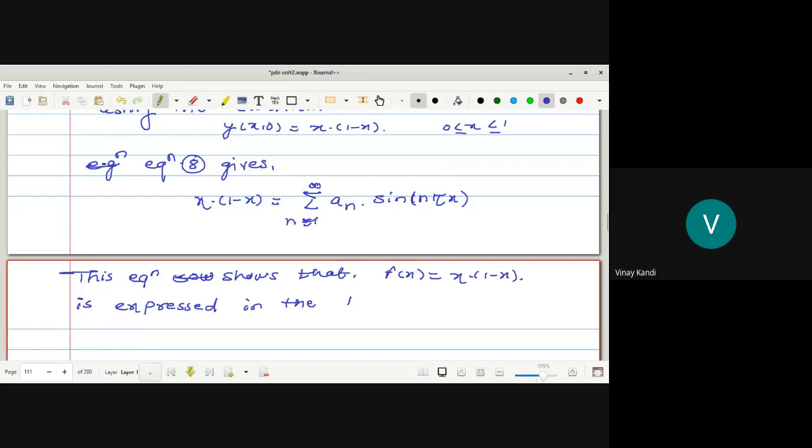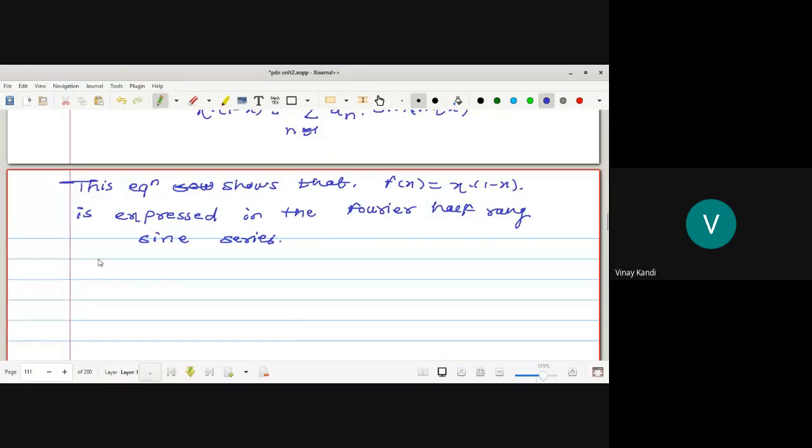In the Fourier half range sine series, the corresponding Fourier coefficient a_n is given by